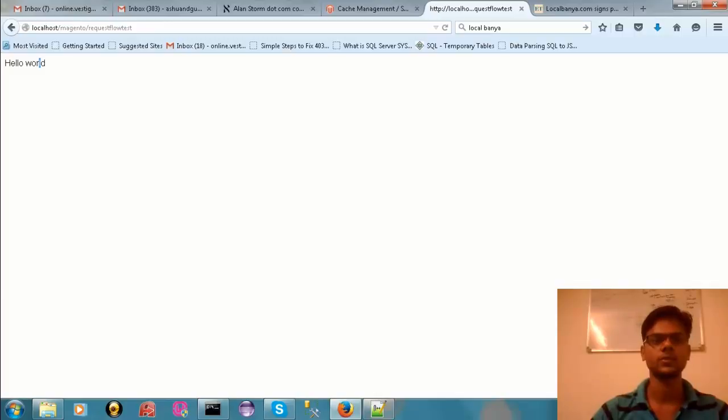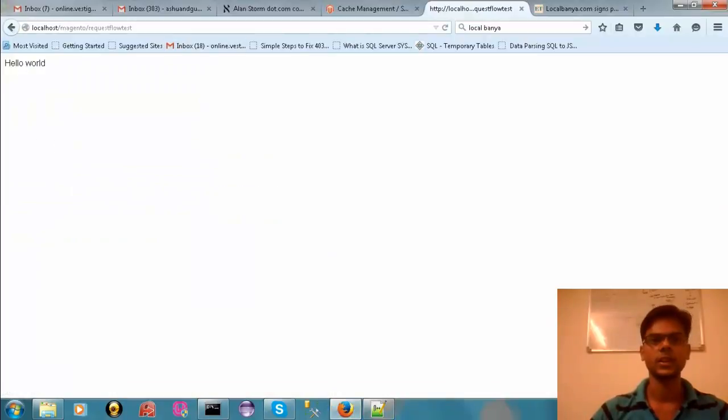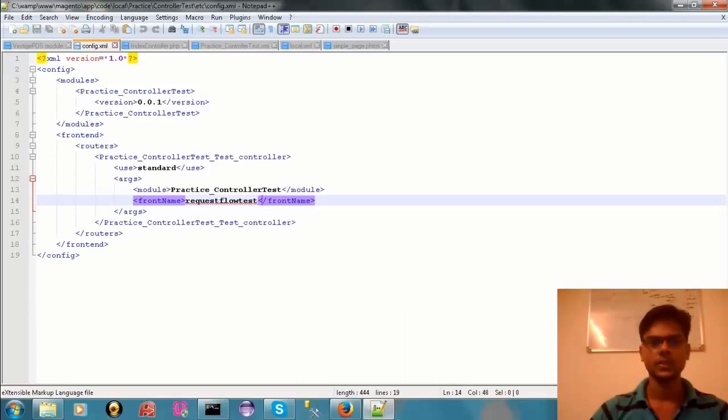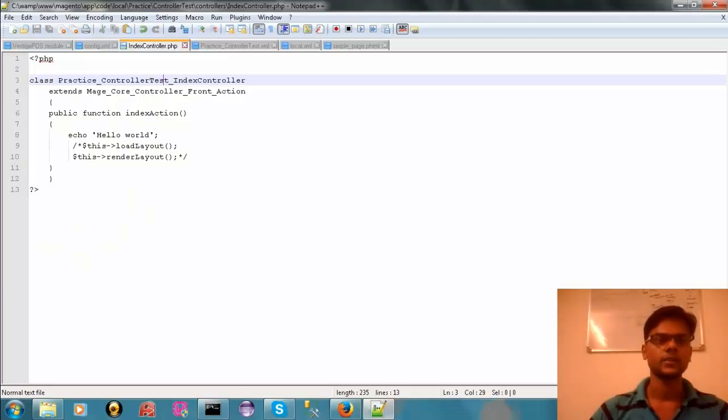you can see your words, hello world. This is our aim, what we have to print on the screen. So you have seen that I have put request flow test in the URL. Now the request comes to this XML file. It will identify the exact controller for this front name request flow test, and it will pass the request to indexController.php. In indexController.php we have defined our controller, with the name practice underscore our module name underscore our controller name,